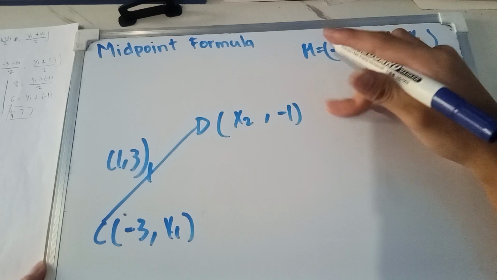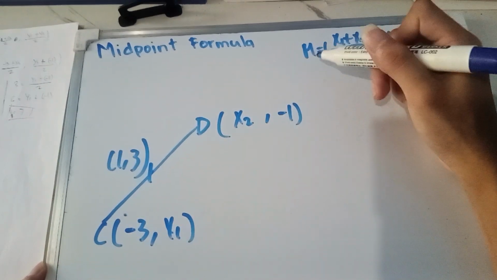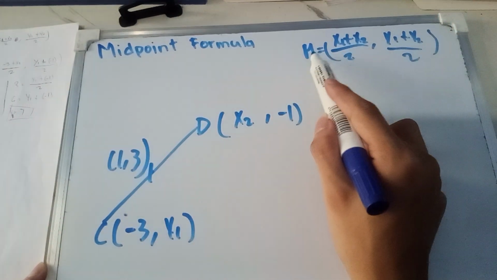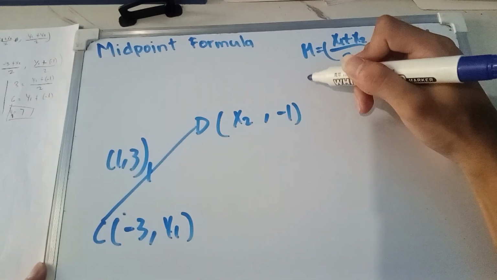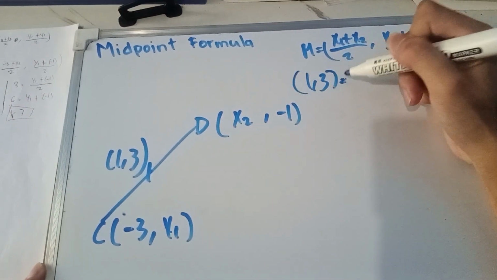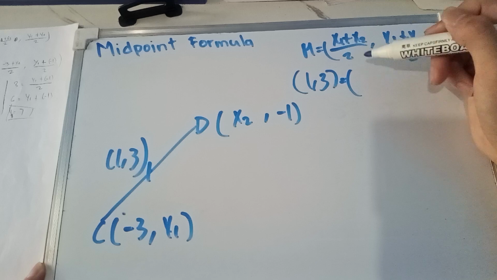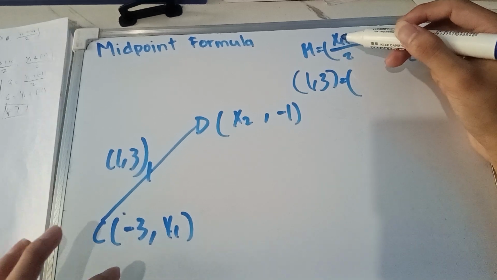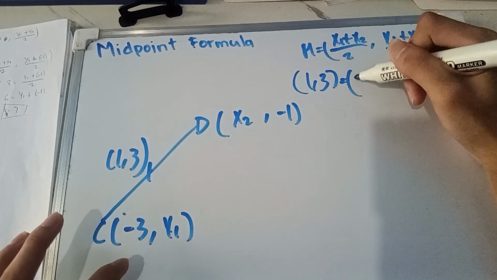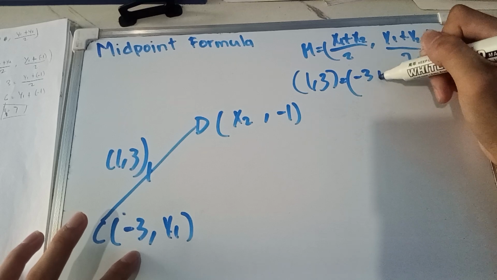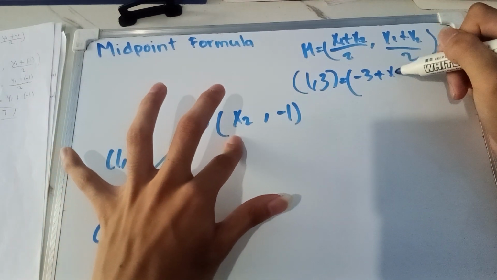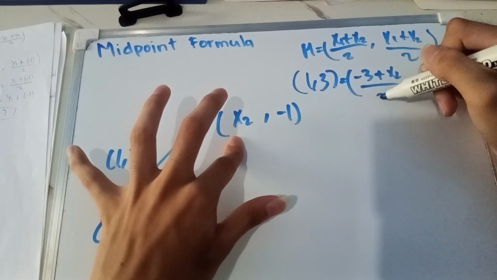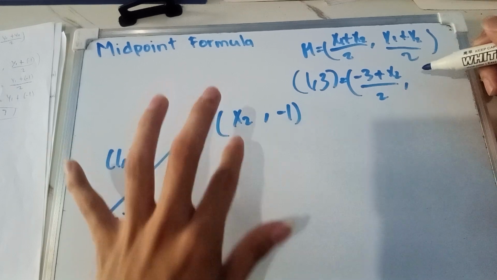This time we will insert our midpoint as 1 and 3, and we'll input x sub 1 as negative 3 here, plus x sub 2, which is unknown, over 2. Y sub 1